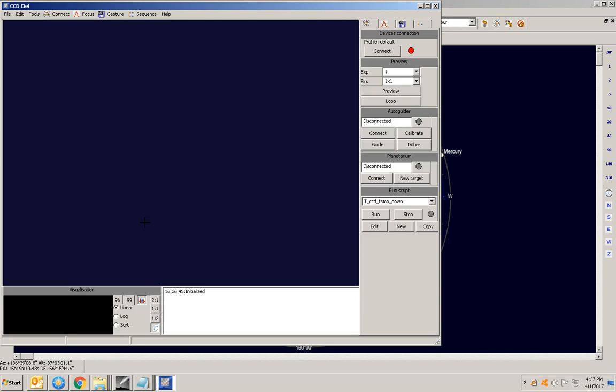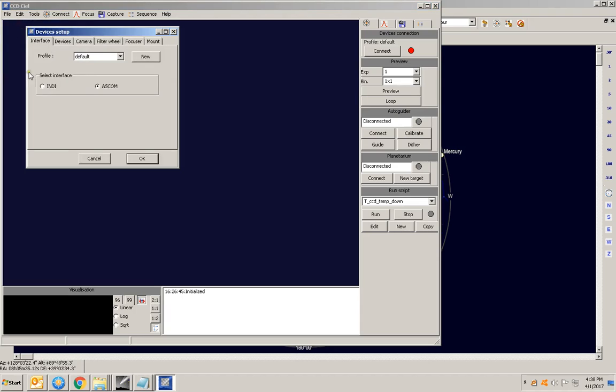So if we go to the CCDCL program, we first need to connect some equipment here. I am not connected to my telescope, so this is really going to be just a demonstration. In another video, I will actually walk through the process when I'm collecting data with my telescope. But for this purpose, I just want to talk about how these things work together and how to set them up. In CCDCL, you come in here to the devices setup,